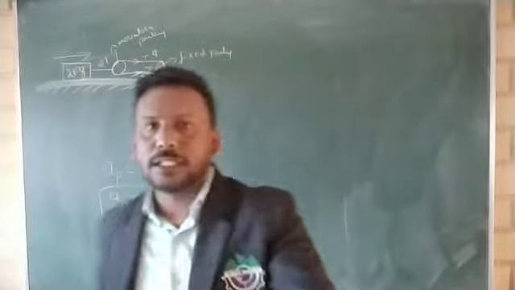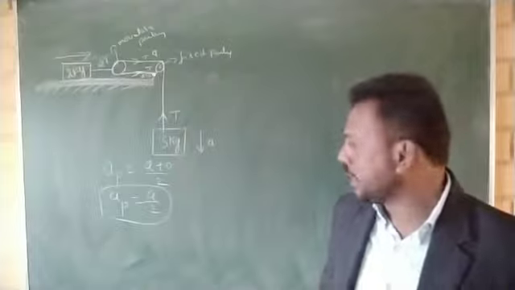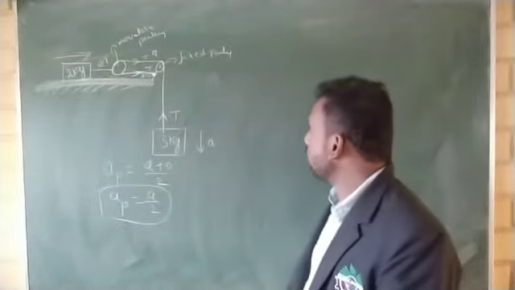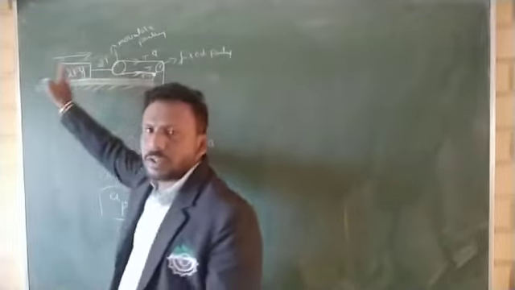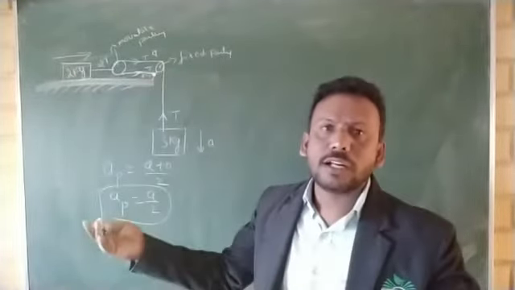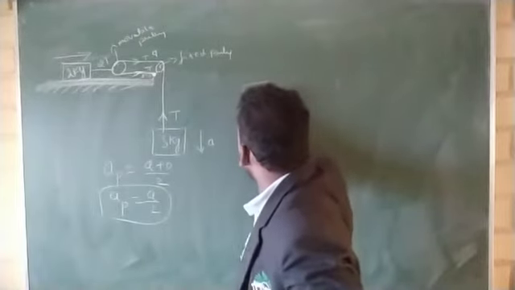Okay. Now imagine this mass is 3 kg and this one is 2 kg. Now calculate the acceleration. A is equal to how much? Write the free body diagram for this one and the free body diagram for this one and then simplify, you will get the answer. Free body diagram for the 3 kg block.